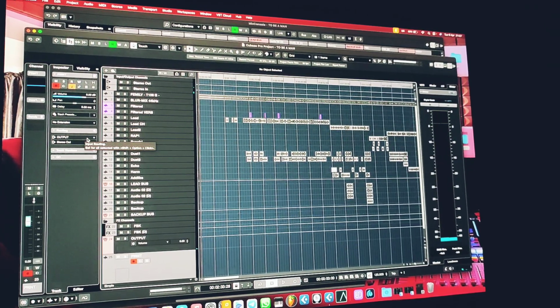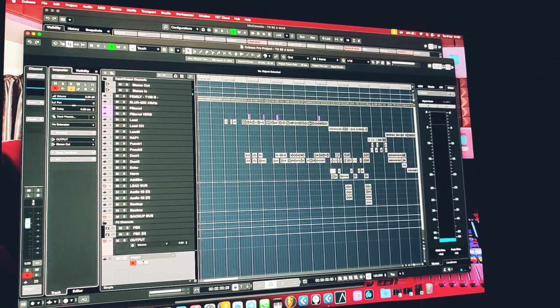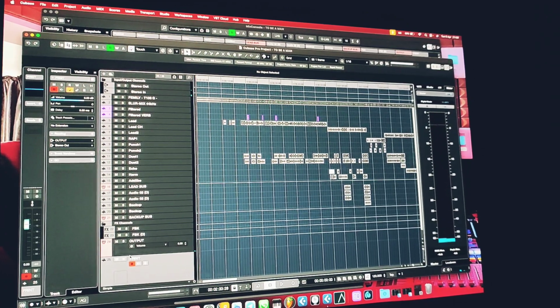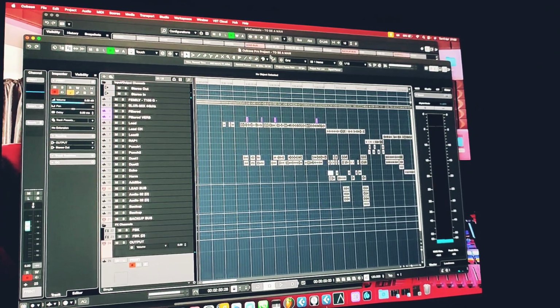So you set it as your new input now. Okay, so this output signal is going into this print. All right, so now all you need to do is to activate your record and record everything that is going